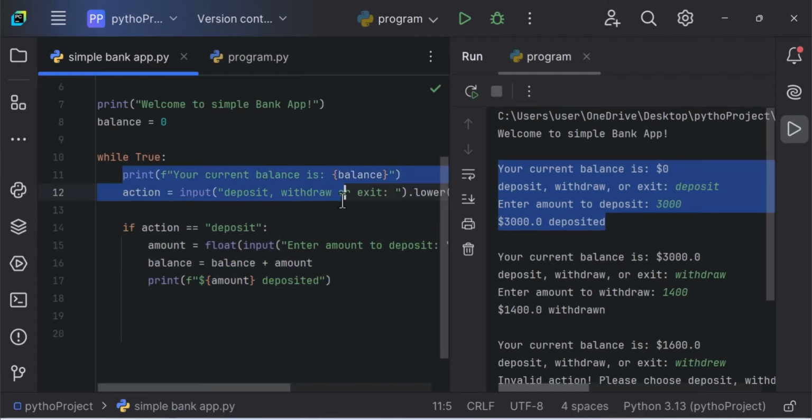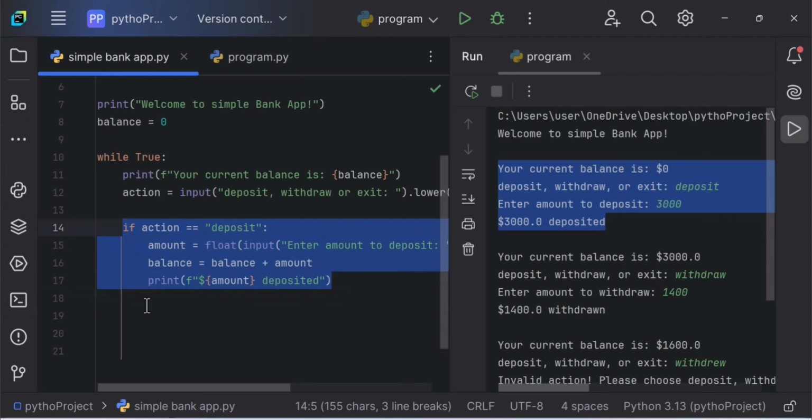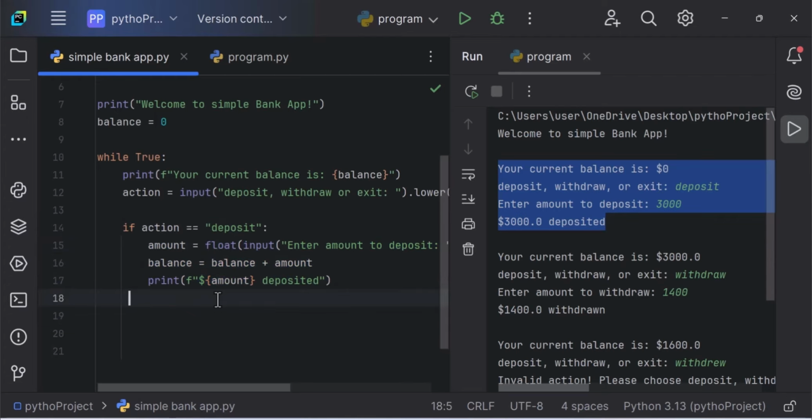up here. So when it comes back up, I don't want deposit. I want to perform another operation. So it will skip. If I'm not putting deposit as the operation, let's say I put withdraw, it will skip this and go to the next line, which is this. So if action equals withdraw,